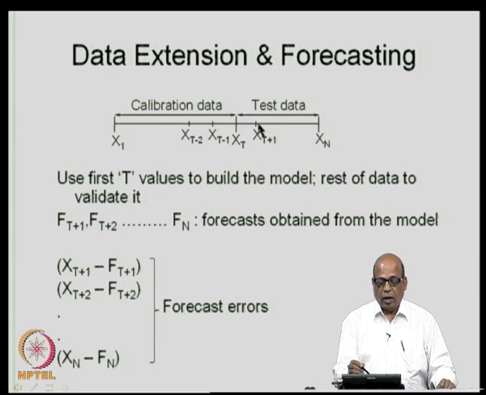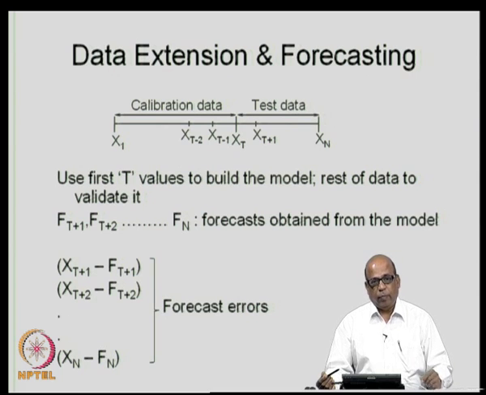Similarly, at the end of time period t plus 1, you use the actual value of x t plus 1, not the forecasted value, use the actual value of x t plus 1 and then forecast it for x t plus 2. So, x t plus 2 is the actual value that has been realized, but f t plus 2 would have been your forecast. So, this gives you the errors in the forecast. So, we compute the errors as x t plus 1 minus f t plus 1 etcetera. So, you can now form a series of the errors themselves. Now, these are some of the basics of what we do in the forecasting problem.